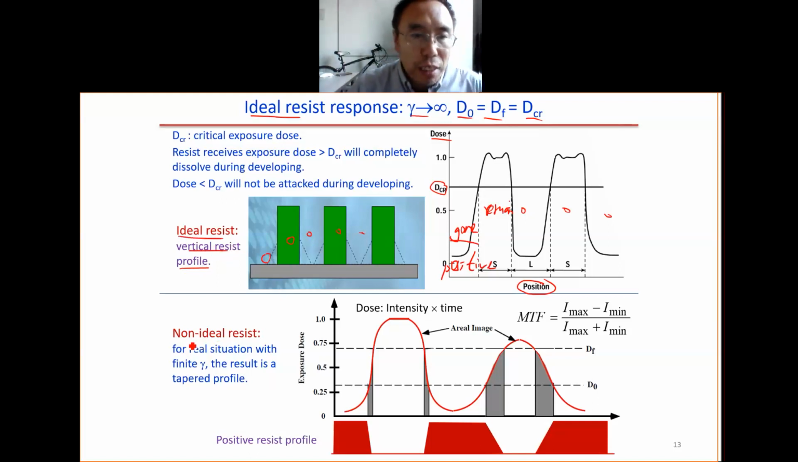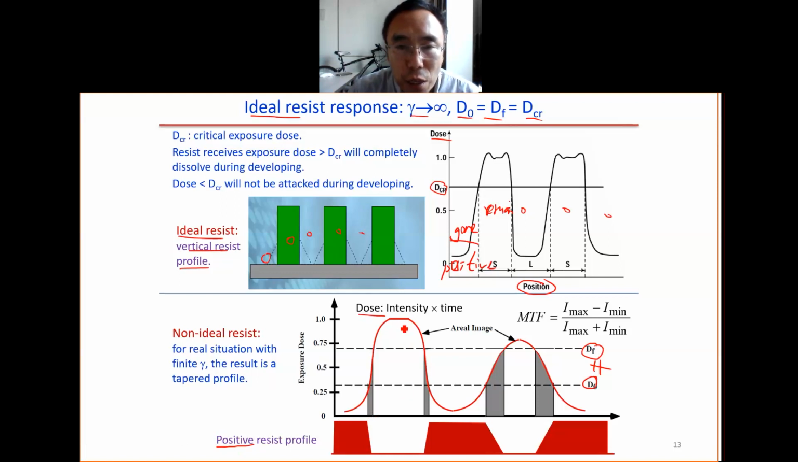In the real situation, Df and D0 are not equal to each other. So we have this. This is the exposure dose, with high dose and low dose. For the case of the positive resist,